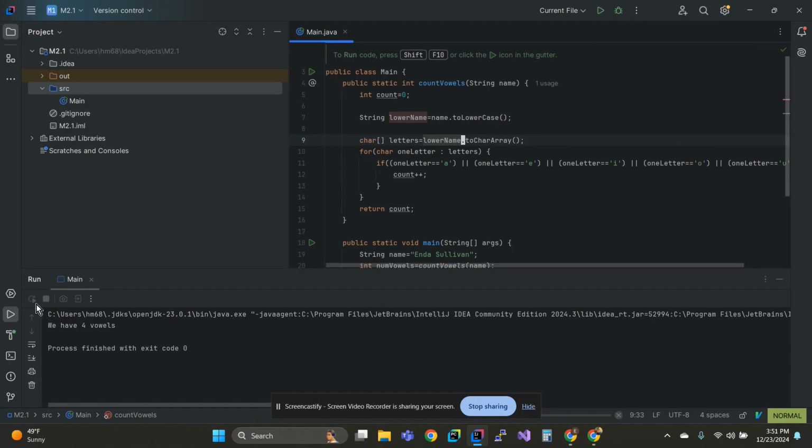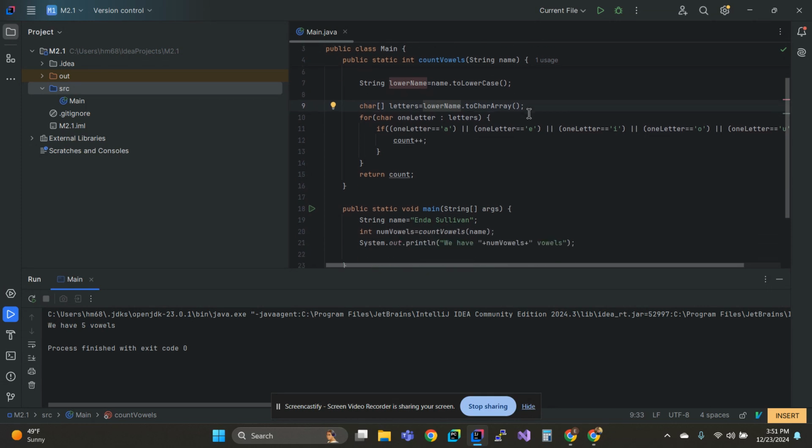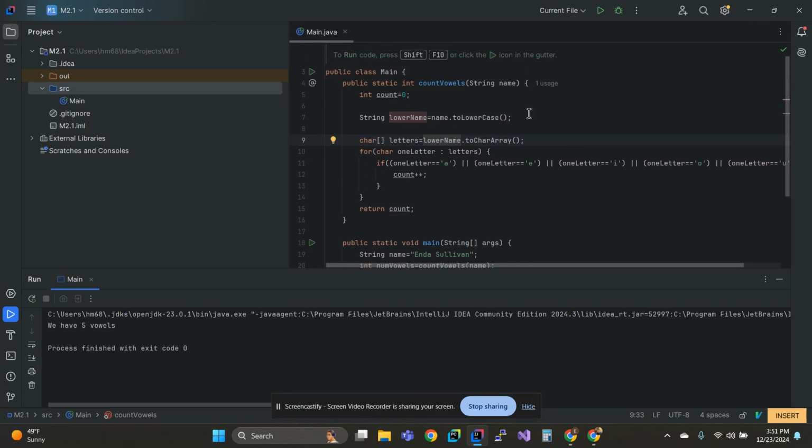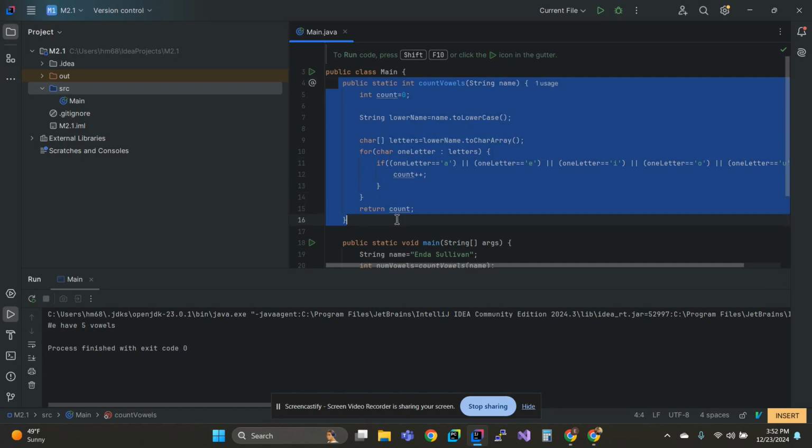I'm going to run it again, and this time instead of 4 vowels, you're going to see I now have 5 vowels, and that's what I would have expected. Okay, so a cool little method that checks how many vowels we have in a string. What happens if I wanted it to tell me how many consonants are in the string as well? Well, I could certainly write another method. I could copy all of this, and I could make a method called countConsonants,